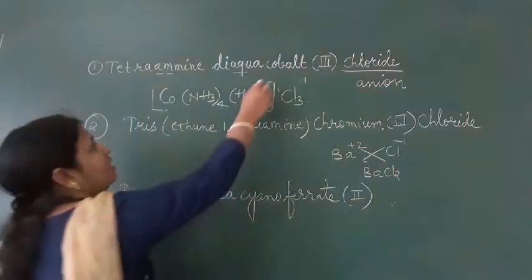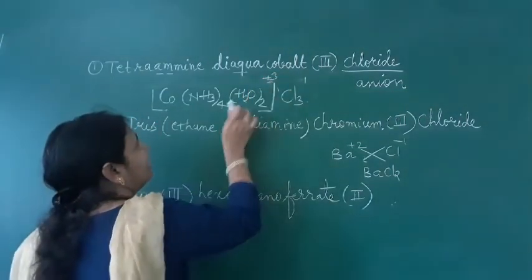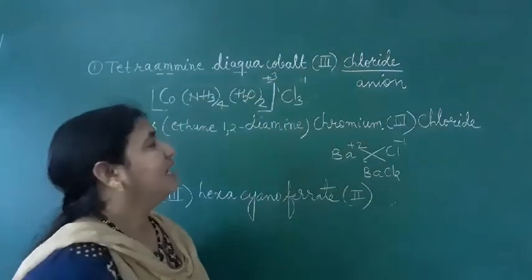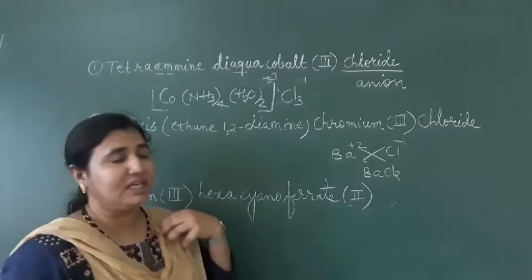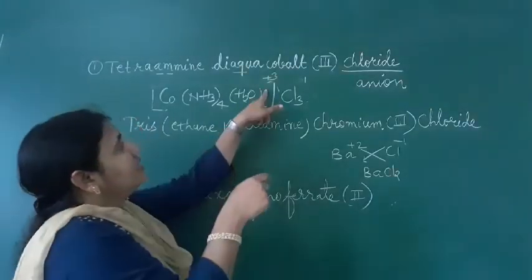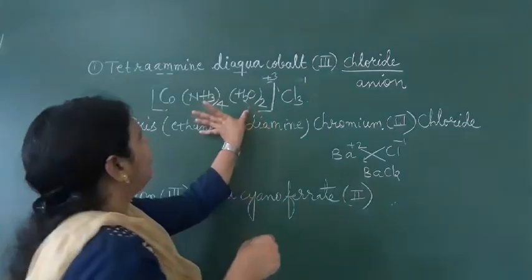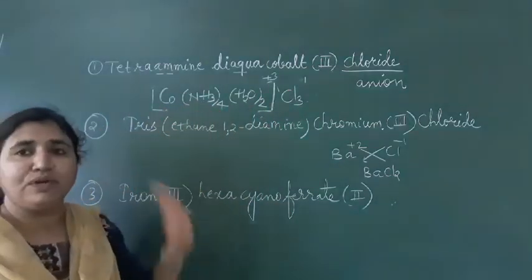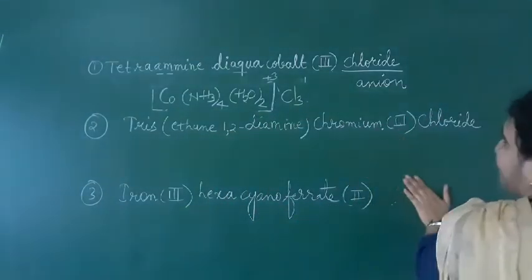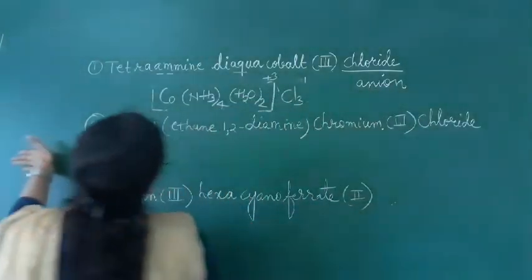That means whatever charge is there on the cation, it should be equal to the charge on the anion. The anion also should have that many. The charge should be equal. Totally it is a neutral molecule. This is +3 -3. So our compound is what here? Neutral it is. Salt is what here? Neutral here. Okay, understood?